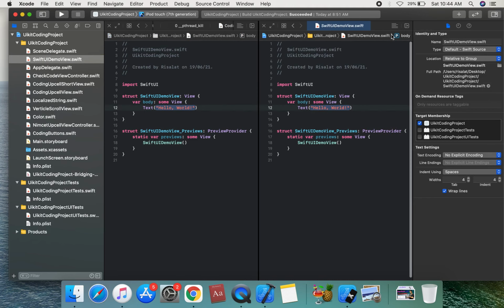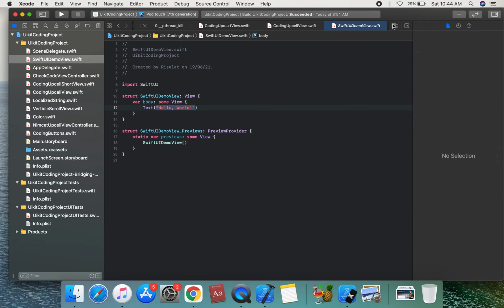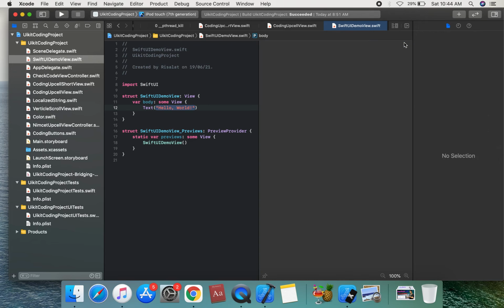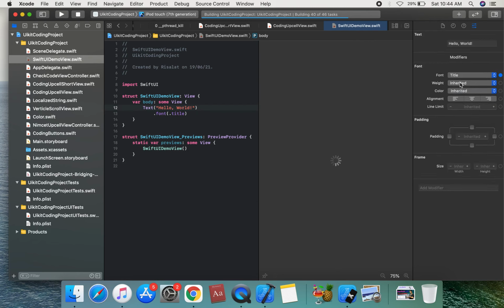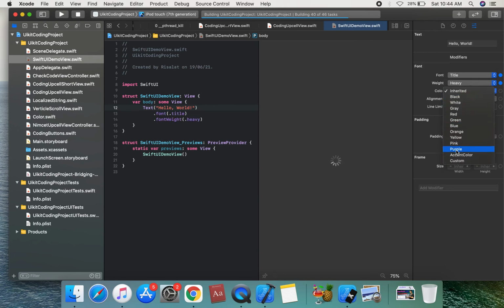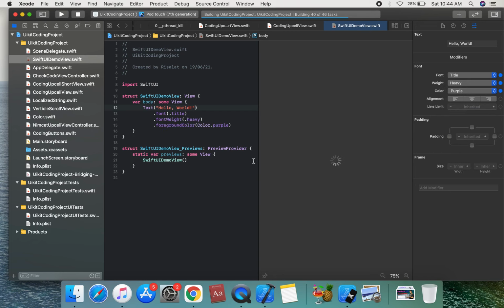We can set up the canvas and resume it. This is the title, and we're going to apply a font, a font weight and a font color on the title. Then we're going to apply the background.